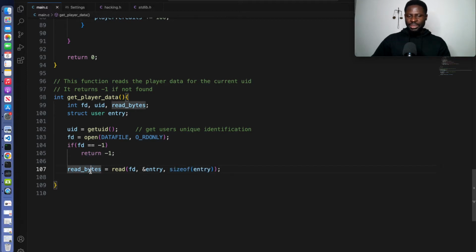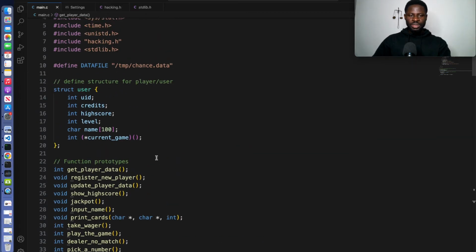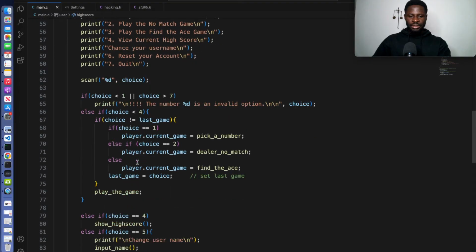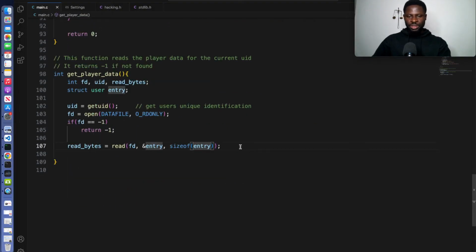If the read bytes we get is less than the size of the entry. Now how do we know the size of the entry? We just figured it out. We combine all the parameters inside the user structure and we can make the comparison, right? A quick look is this, okay: 4 byte, 4 byte, 4 byte, 108 bytes. That is the size. So now we will read the first entry, but because we want a specific user with